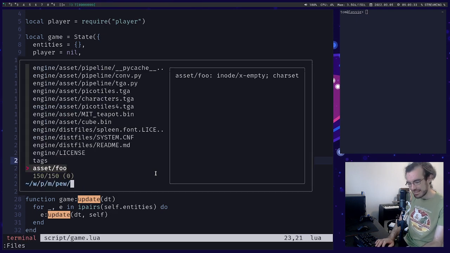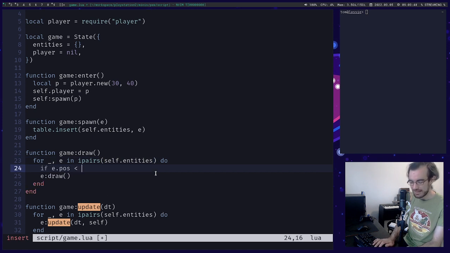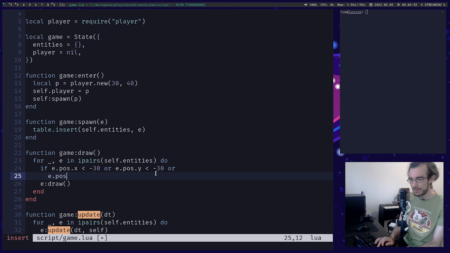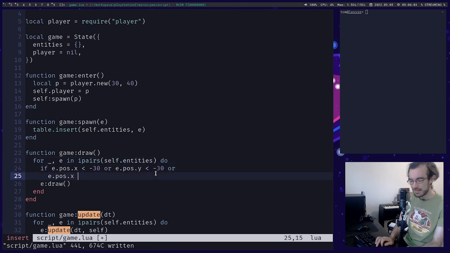So let's go, if e pos x less than negative 20, let's go negative 30, or e pos y less than negative 30, or e pos, I guess let's go greater than, right? Let's go less than. E pos x, if we're over 640 wide, so 640 plus 30, 670, or e pos y greater than or equal to 480. Then